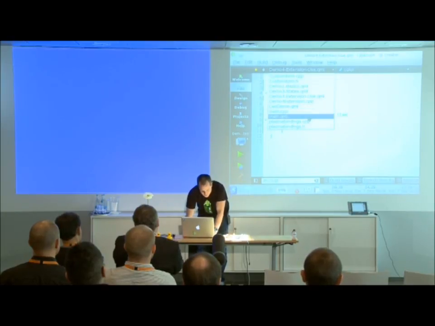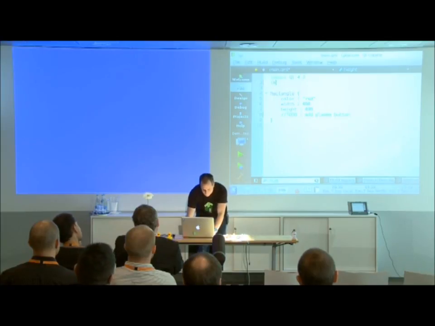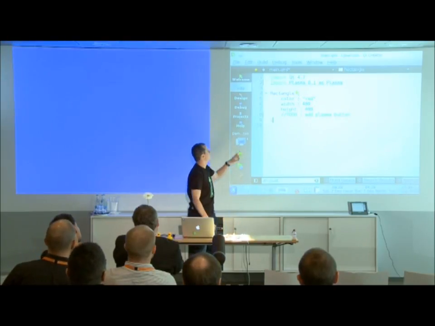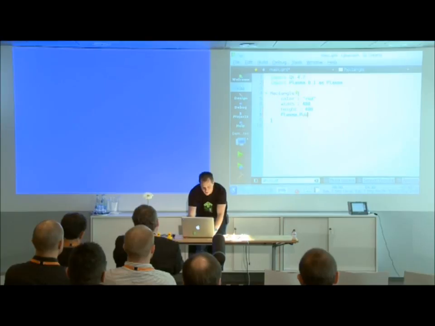Which is here, my main.qml. So same, you can import Plasma. Import Plasma 0.1. You can give an alias, by the way, when you import. So all classes with Plasma will have a prefix Plasma. So when I want to use an element, I actually do Plasma dot push button, and then I set the width